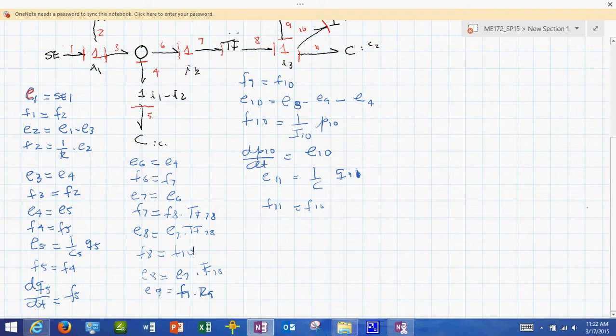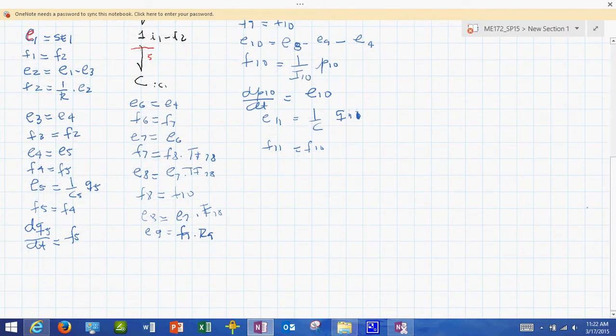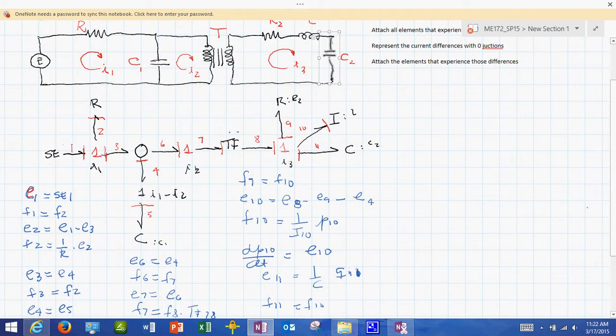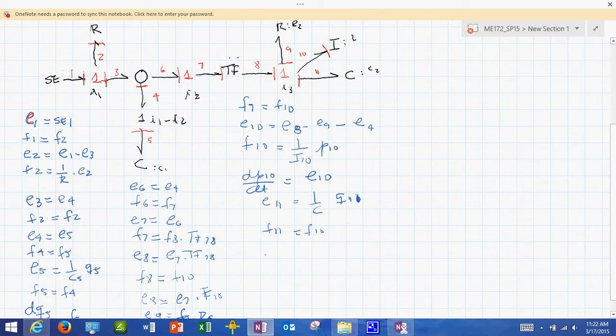Okay, so that's what we have so far. How many differential equations are in here? We have one because of the C element, one because of this C element, and one because of this. So we are missing one. At the end, this one, dq11/dt